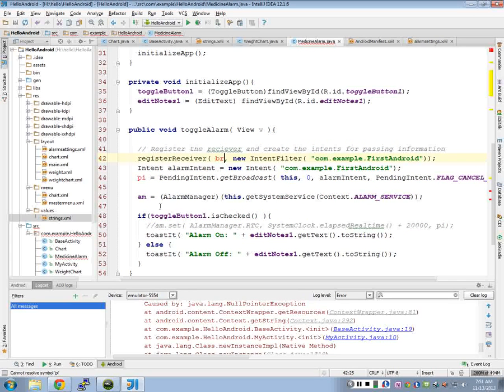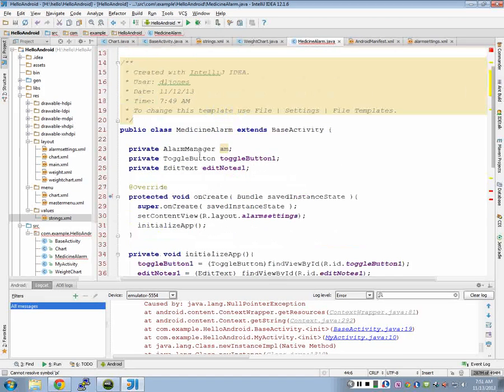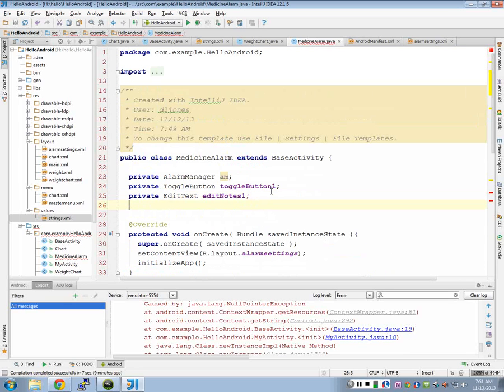All right, so I have to declare this PI, and I was moving this around because I wanted to be able to pass information to this pending intent. I want to be able to pass the notes associated with this particular alarm so that when it finally gets fired, we can see take your specific drugs, whatever that note was, because you want to know what to do when that alarm comes up. Just "wake up" doesn't do anything. I need to say take your insulin now or some specific medicine. So I needed some way of